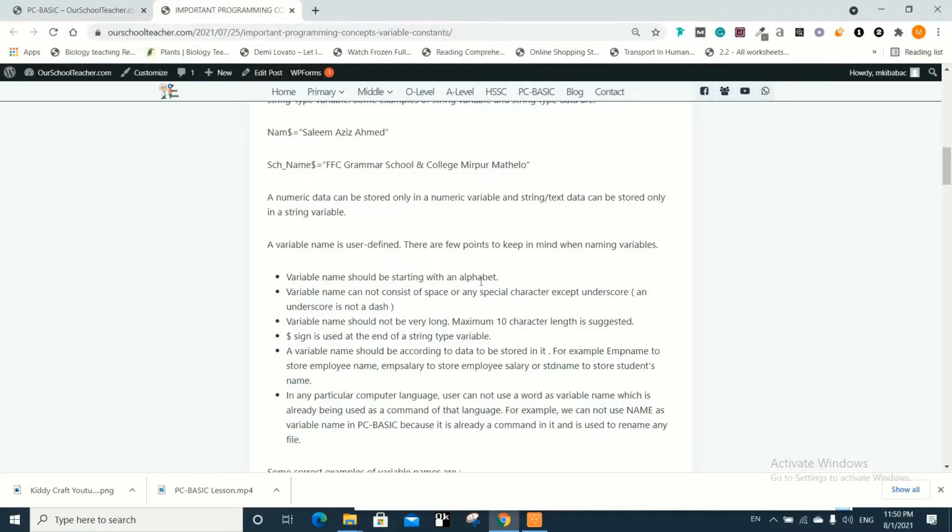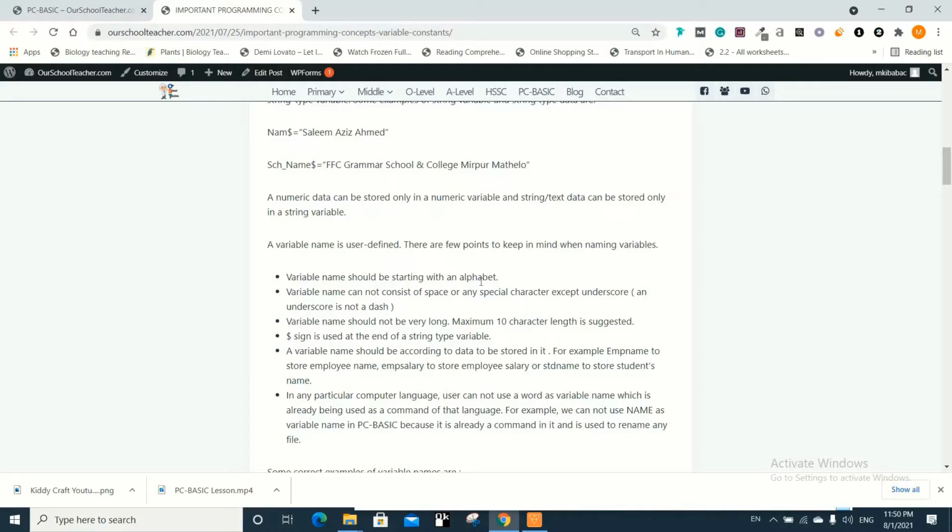Similarly, the second rule is that a variable name cannot consist of a space or any special character except underscore. On your keyboard, you will see a key which is like a dash. We have two things there. One is dash and one is underscore. Both are similar, but normally underscore is displayed with the combination of the shift key.